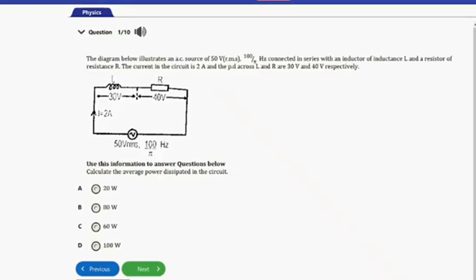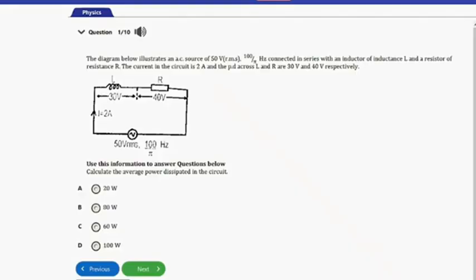Alright, so guys, for the average power dissipated in this circuit, that's going to be I squared R. So power is I squared R, where I squared is 2 squared. From the diagram here, you can see the current. So when you square the current, that's 2 squared, that's 4. Then times the resistance. Since the voltage across the resistance here is 40 volts, we can actually calculate for the resistance by